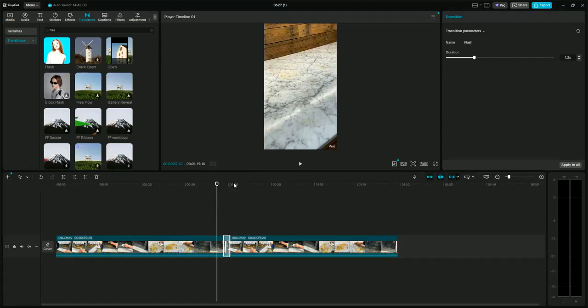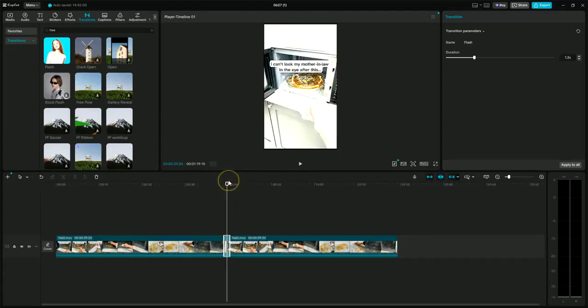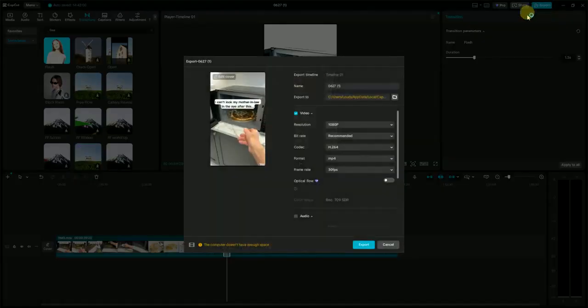Once you're happy with your transitions, you can preview your work by pressing the play button to see how it all flows together. When everything looks good, go ahead and export your video by clicking on the Export button at the top right corner. You can choose your preferred settings and file location, then hit Export again to save your